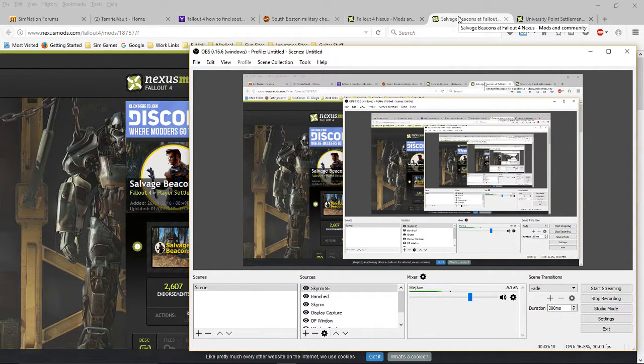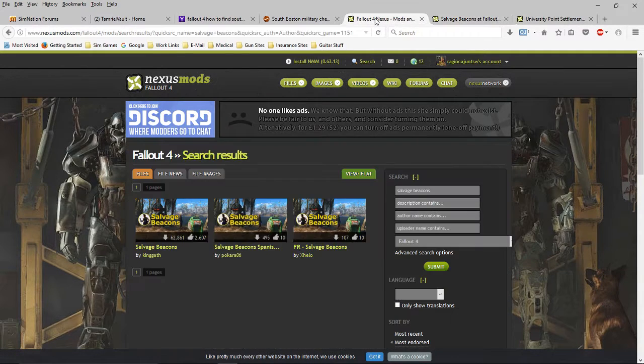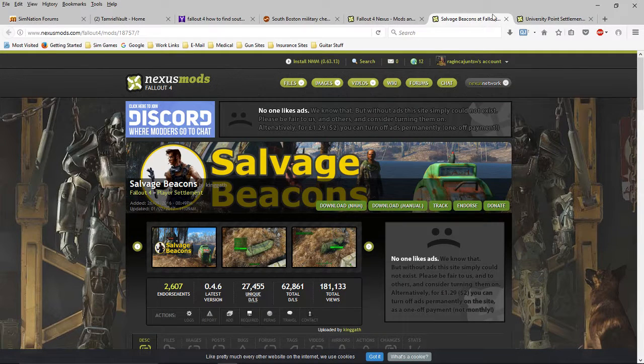It's one that I have really come to enjoy. It's an immersive type mod, doesn't change a lot to the game, but it changes how you can play the game. So let me kind of explain. The name of the mod is Salvage Beacons, and it was done by kinggath. And just for anybody else, there are two updates to that. One's in Spanish and one's in French. So basically, what this does